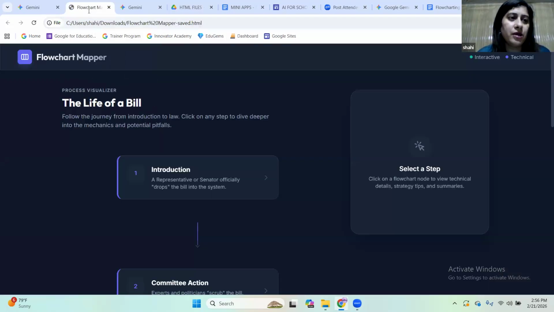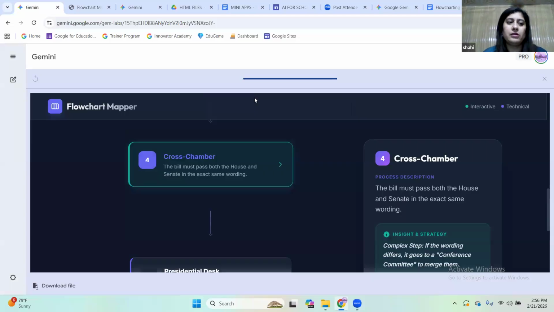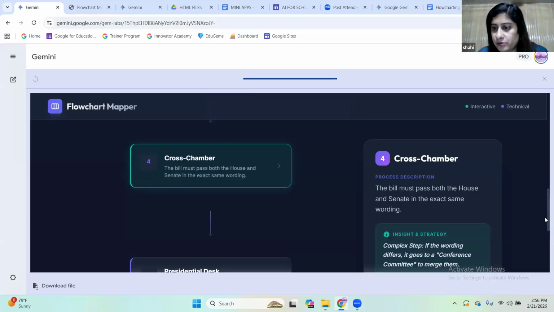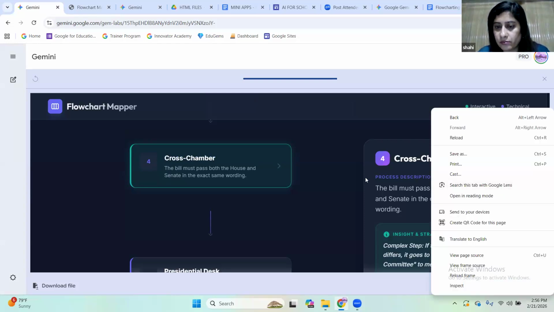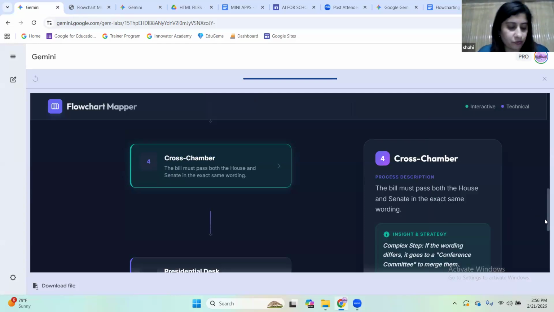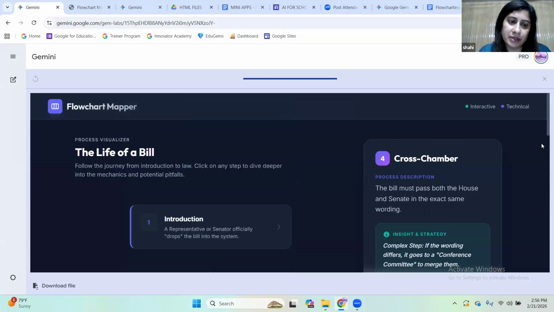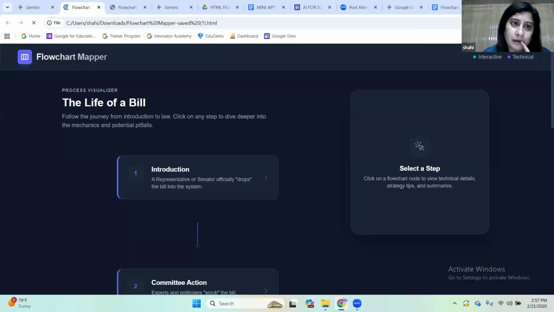Very simple words. You see, this is the output of the app. We have created a flow chart of the topic which we want students to interact with and understand. Once I close down this app, I will press this cross button and I will no longer have access to this flow chart. Fine, for my future use, one way of doing it is that I have downloaded the file. You see, I have downloaded it and it will be saved in my computer.